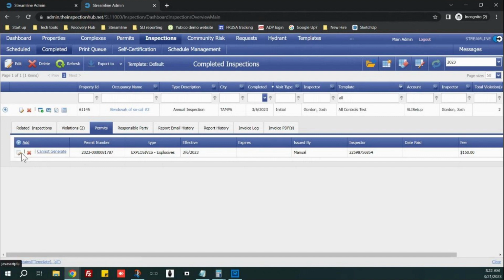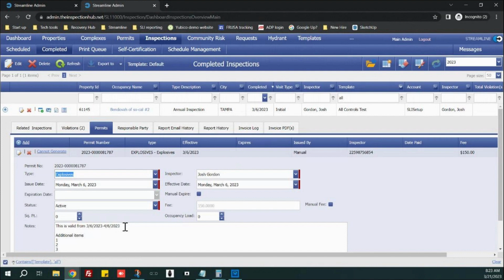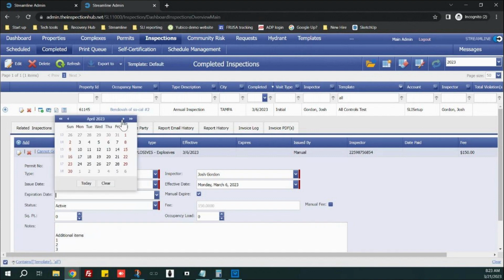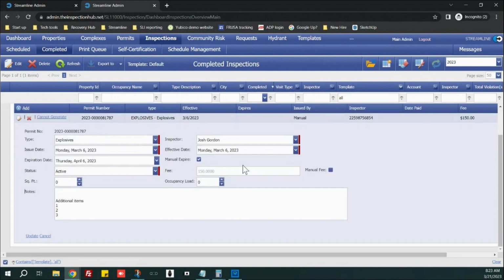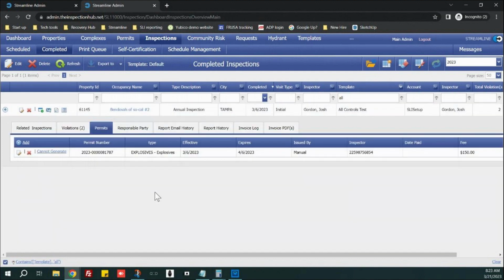Now, if I was going through this, I might decide that I do want it to generate an expiration date since I am doing this in administration. And so I could take this line out, check the box for a manual expiration, and then using my calendar, just set it to 4/6/23. Then I could hit update and that'll go through. And then that is that. As far as how you issue one in